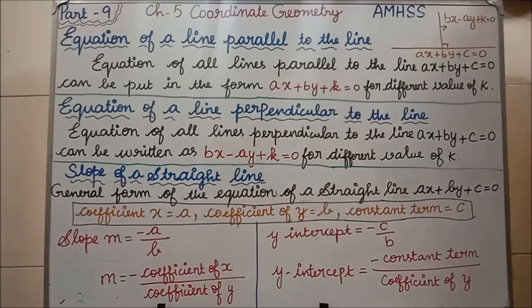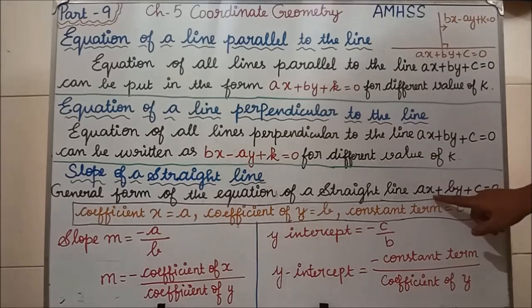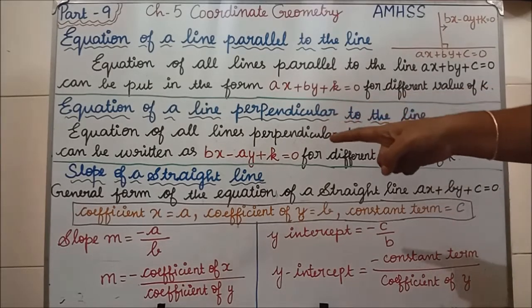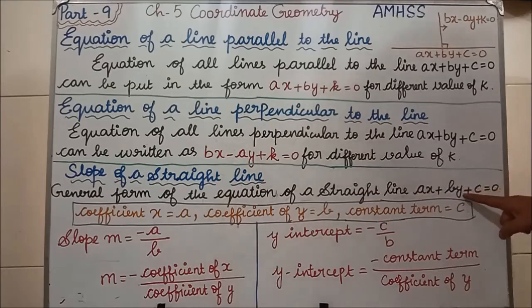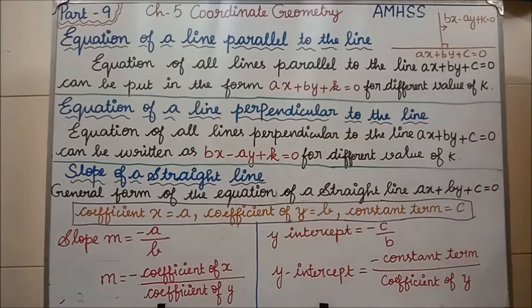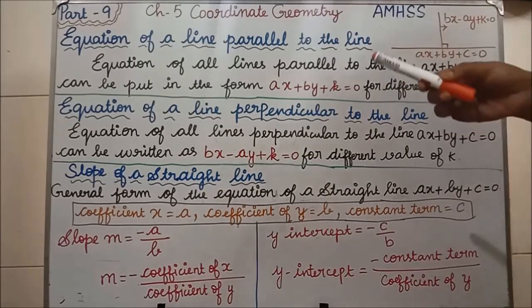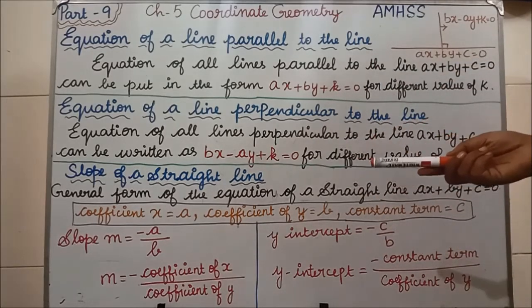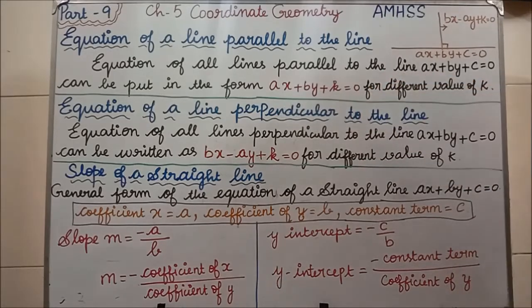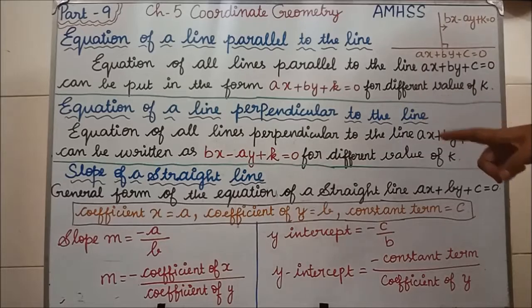That is the formula. So, what is a? I have written, see, the coefficient of x is a. Coefficient of x equals a, coefficient of y equals b, constant term equals c. Clear? So, if they give an equation and ask you to find the slope, then slope m = -a/b is your formula. What is a? a is the coefficient of x. What is b? The coefficient of y. So the formula itself is m = -a/b. Clear?